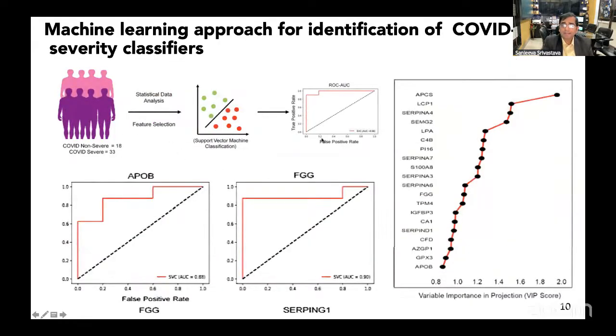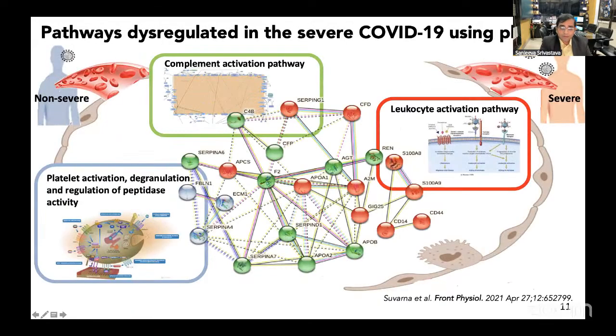After doing your data analysis, which Arya will talk to you about shortly, what you will realize is that you still have a lot of candidates, which are potential candidates. And for those candidates, we can then do some machine learning to look at how to narrow down that panel, and which panel is the most interesting and influential for our analysis. For example, apolipoprotein B and fibrinogen gamma chain came up as very important proteins, along with two other markers which we identified and made a patent for the prognostic test for looking at how disease goes from mild to severe